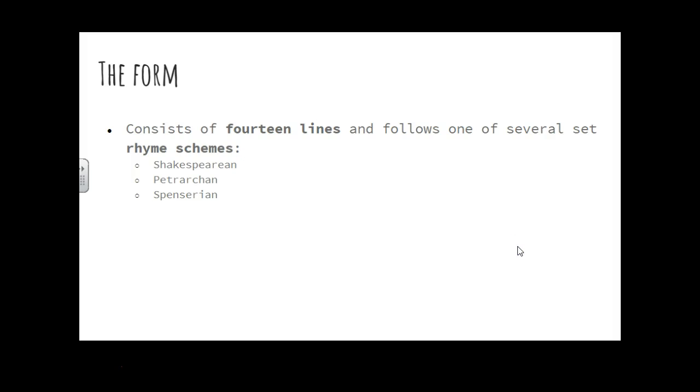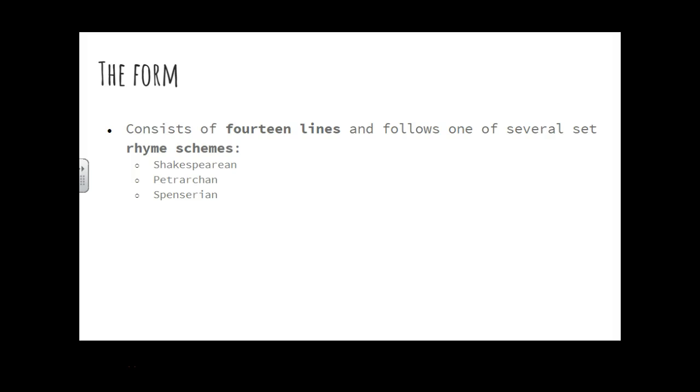Okay. So the form. A sonnet consists of 14 lines and follows one of several set rhyme schemes and forms. Okay? Ready? 1, Shakespearean. We can say that too, right? Okay? 2, Petrarchan. Say that 6 times in a row. Petrarchan. Okay? It's like the Italian version. And then there's Spenserian. Okay? So obviously this is named after William Shakespeare. The Petrarchan came out of Italy, and then Spenserian is named after Edward Spenser, who's the first to do this. Are you guys excited? Yeah, this is exciting stuff.